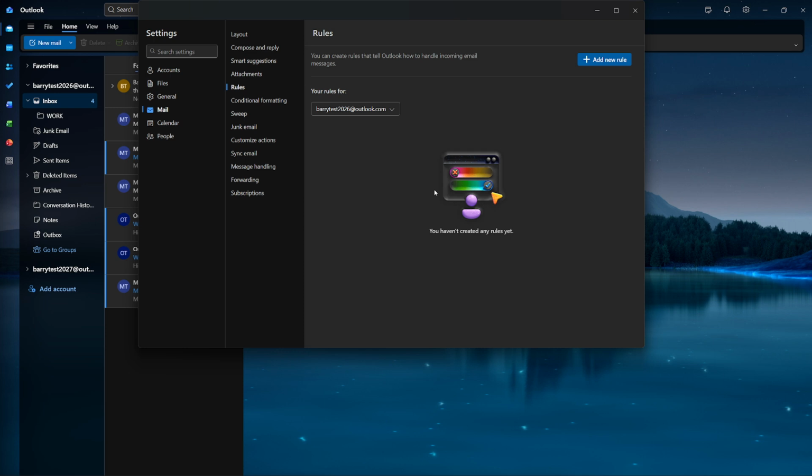Now click Delete. Outlook will ask you to confirm that you want to permanently remove this rule. Confirm the deletion when